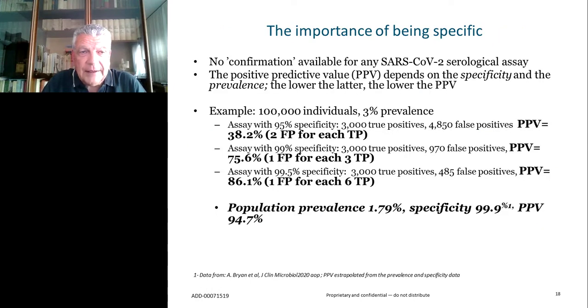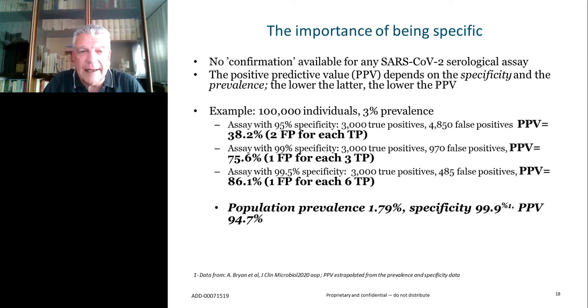This is important because in this kind of testing, we do not have a confirmation available yet. So you do have a positive result by any given assay, and that's it. You may revert to some recent recommendation from the CDC to do some orthogonal testing, that is using a very sensitive assay beforehand on the first pass, and then having a second assay to increase the predictive value. And the predictive value, indeed, depends, as you know, on the specificity and on the prevalence. So the lower the prevalence, the lower will be the predictive value, and this is an example of that.